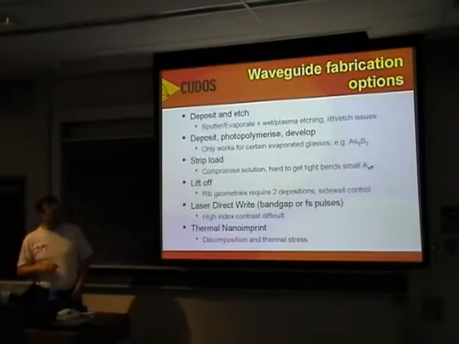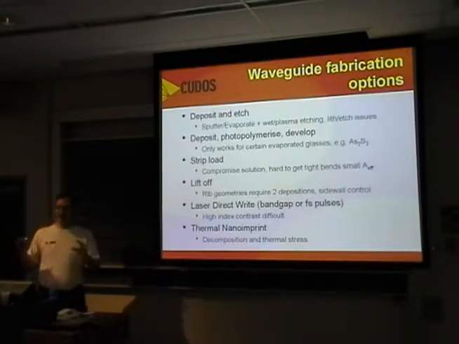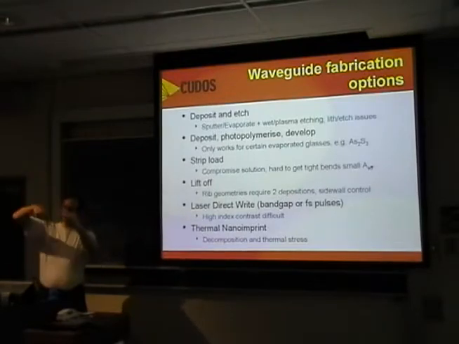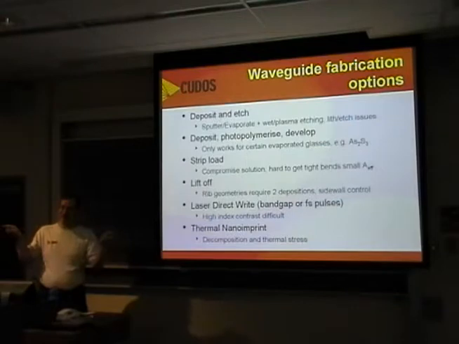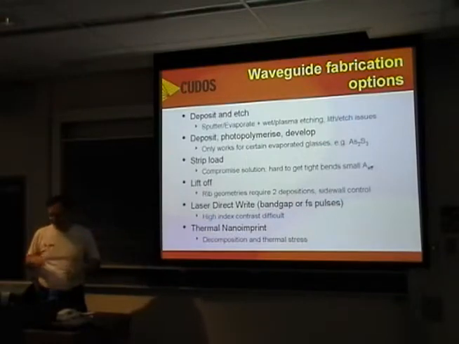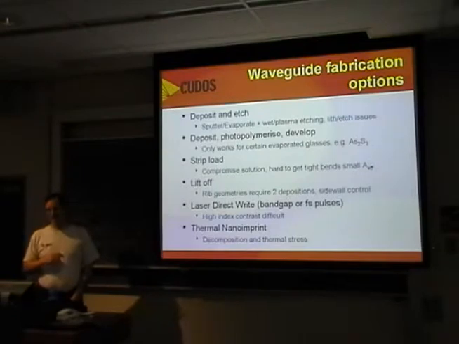Another commonly used method is liftoff, where we define a mask of some sort that has an overhang, so that when you deposit material into it, you get shadowing and a 2D structure. And then you can get the resist remover in underneath to dissolve off the resist. One downside to that is it requires 2 depositions to make a rib waveguide if you want to do that, and it's very hard to control the sidewall geometry as